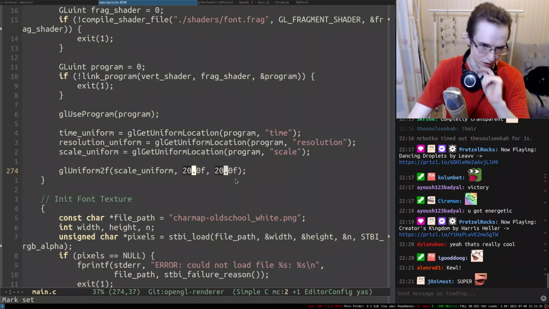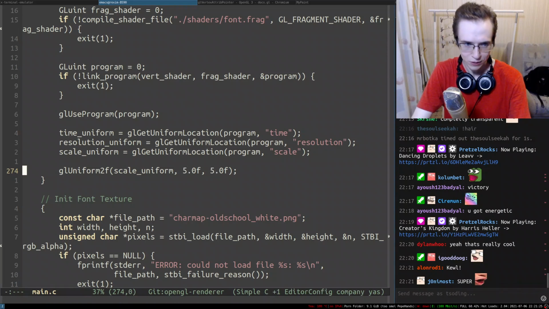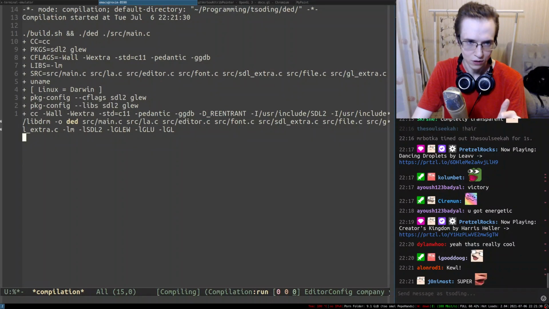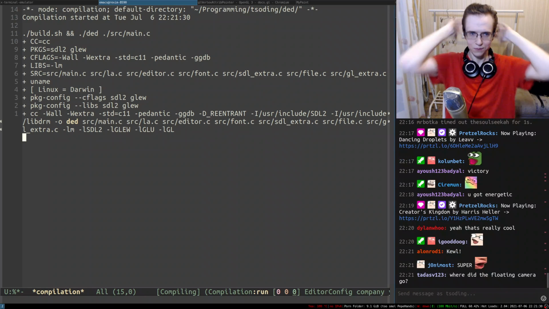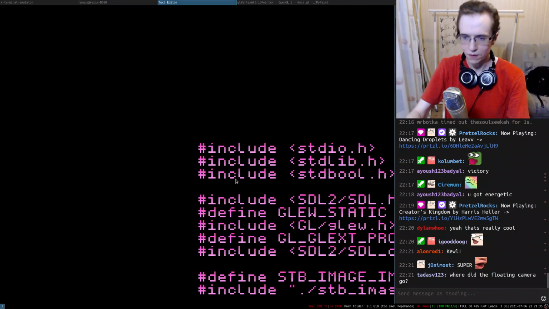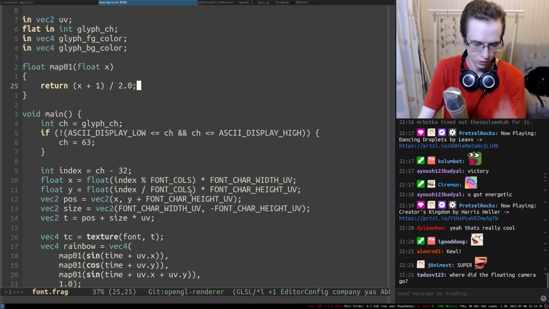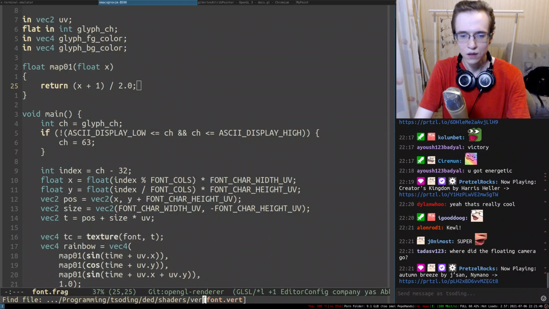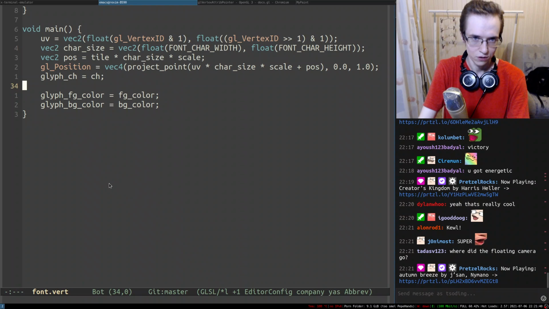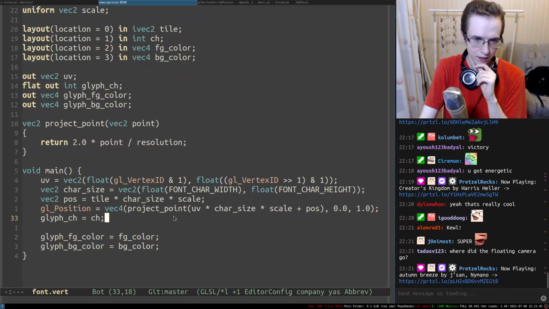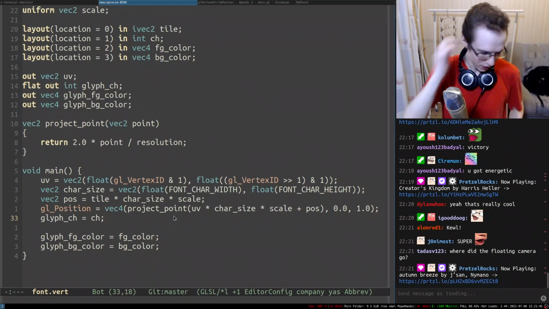I think it would be kind of interesting. So if I make this smaller, we're going to have specific characters in there, right? And I go to the vert, and what we can animate in here, I think we can try